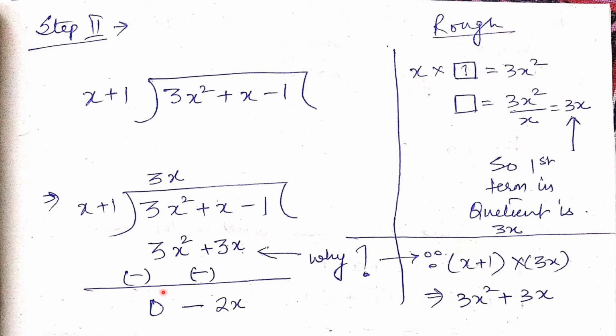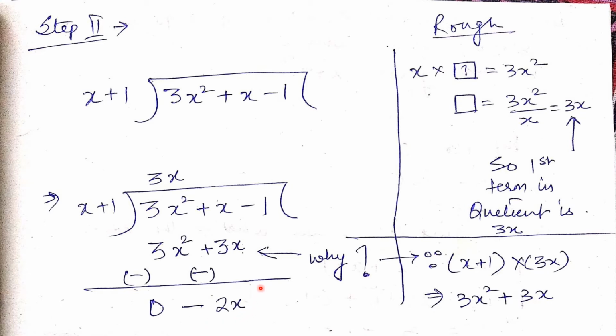Now as in division, here also we will change the sign of these numbers. Here it is positive, so we have changed the sign to negative. Here it is positive, so we have changed the sign to negative. You can see these two are the same numbers but of different sign, hence they will cancel. This is what we do in division, so it becomes 0. Now we have x minus 3x. So the answer is minus 2x, because minus 3x is the larger number, negative. So we have got minus 2x.